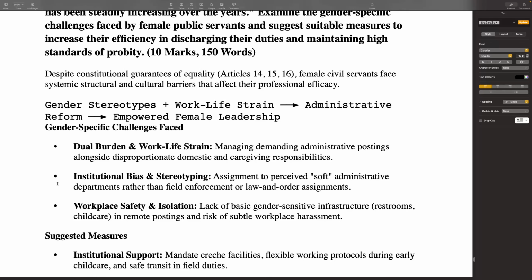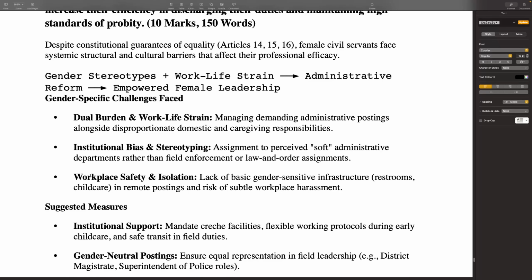Despite constitutional guarantees of equality, Articles 14, 15, 16, female civil servants face systemic, structural, and cultural barriers that affect their professional efficacy. Gender-specific challenges faced: dual burden and work-life strain, managing demanding administrative postings alongside disproportionate domestic and caregiving responsibilities; institutional bias and stereotyping, assignment to perceived soft administrative departments rather than field enforcement or law and order assignments;